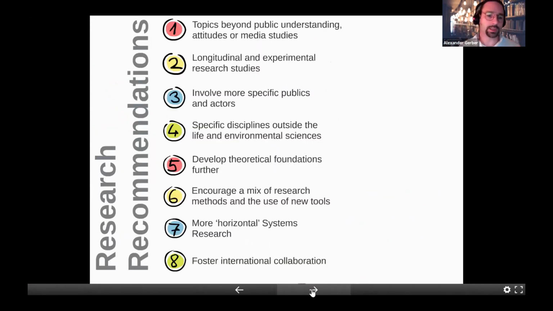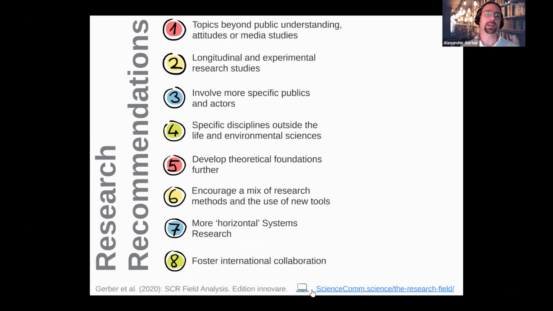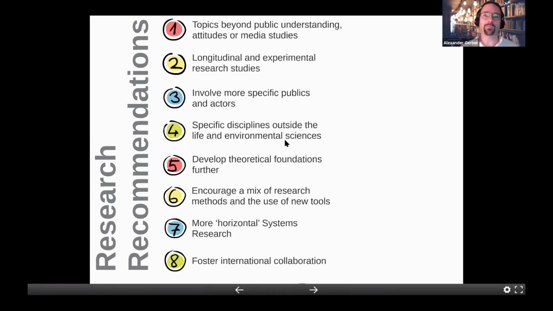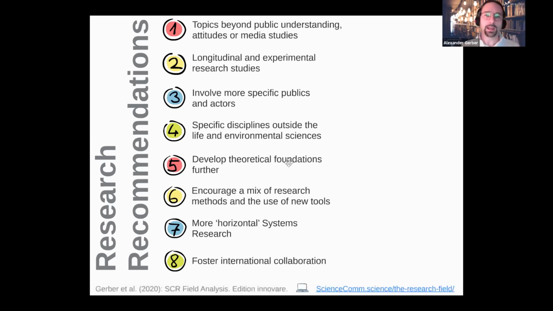Coming to the concrete recommendations, and looking at the time, I think I need to wrap up soon as well. The main 8 research recommendations were: we need topics beyond PUS and media studies. We need more longitudinal studies, and we need more experimental research. We need to involve more specific publics and actors, so not just general audiences or the general public. One of the specific publics, for instance, was the science communication practitioners themselves, whether we should have more research on that. The fourth research recommendation, specific disciplines outside the life and environmental sciences, as mentioned just now,